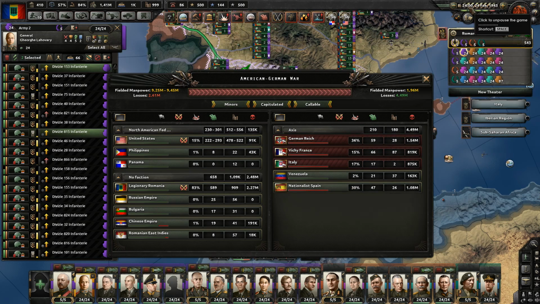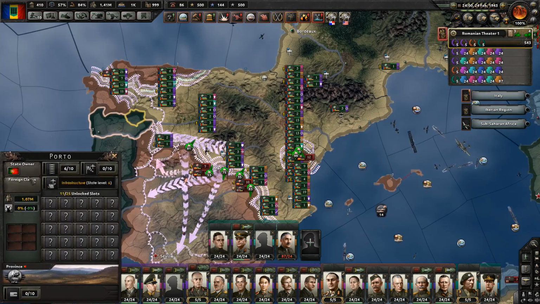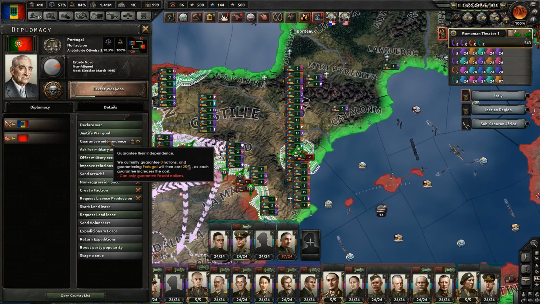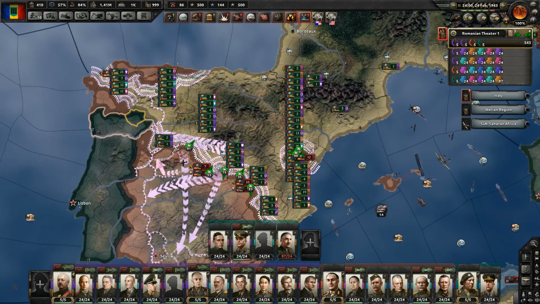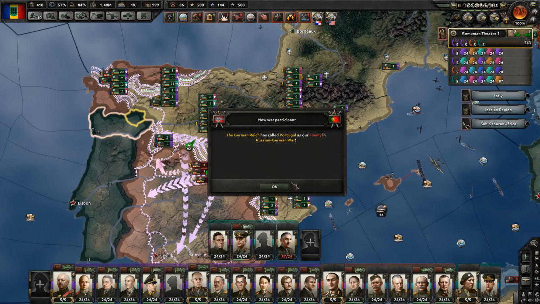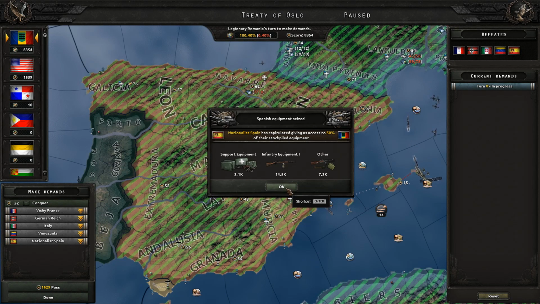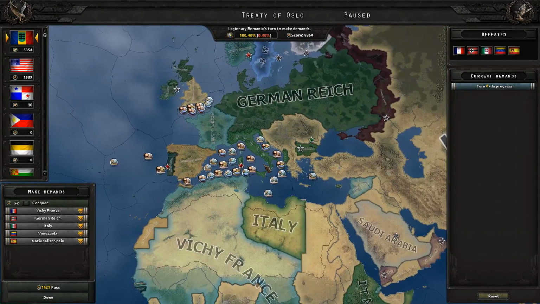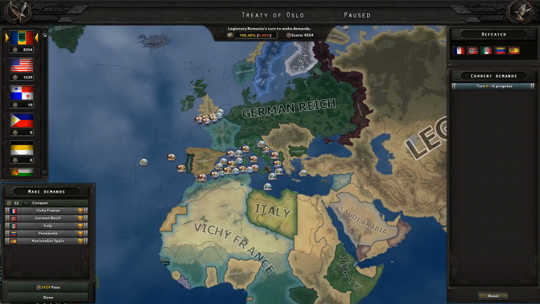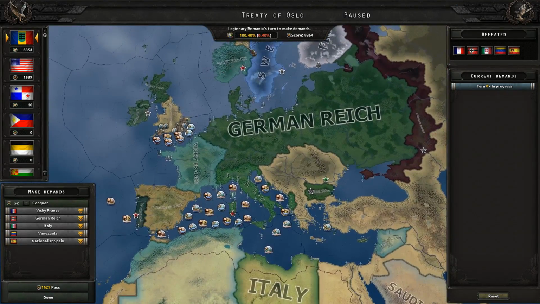Okay. Oh! I paused at the exact right moment. They're about to capitulate. What we need to do now... Maybe I paused it a bit too late, I hope not. I need to declare war on Portugal and have them join the Axis. Perfect. They have joined the Axis, but they are not involved in the peace conference. Why does that matter? Well, because now, when I attack them, I will have fast justification on everyone else, and